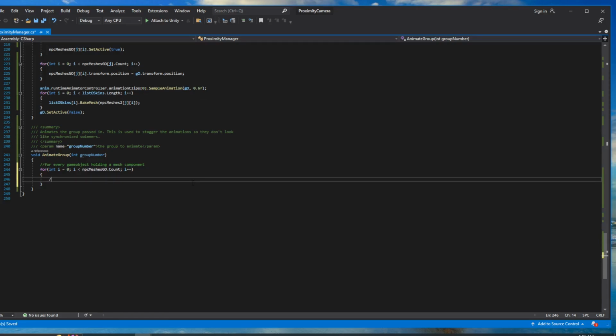All right, so let's write another comment. If it is 1, as in, we're not talking about the list of meshes anymore. We're talking about the grouping or the group number, the index passed in. So if it's 1, 2, or 3, just to help you understand, or group 4's turn,